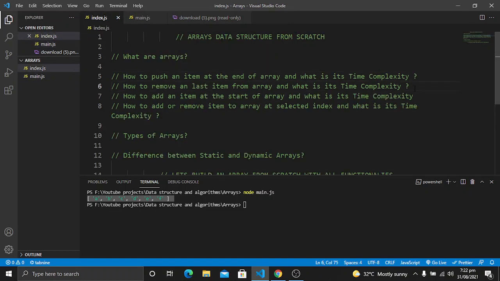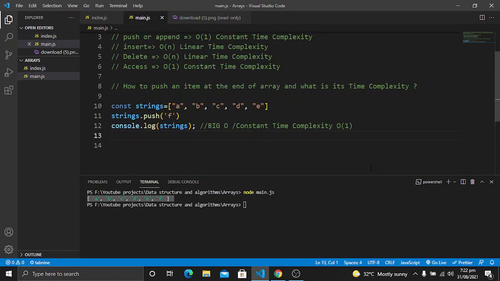I will copy this question from here. How to remove the last item from an array, and what is its time complexity? Now let's move towards the next question, which is how can we remove the last item from the array, and what will be its time complexity?